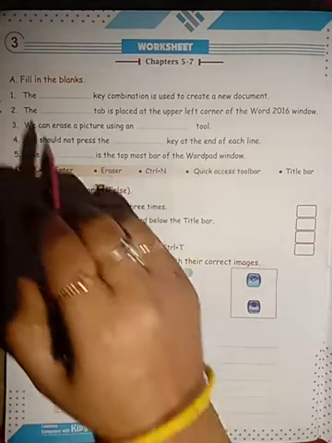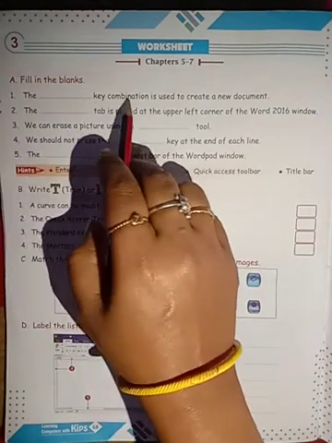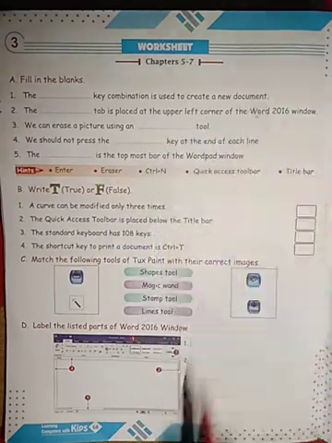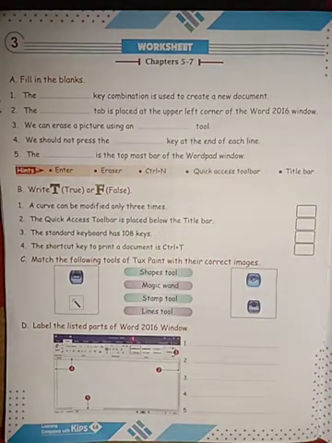The dash key combination is used to create a new document. Yes, children, this is taken from lesson number 6, using MS Word. They are asking the shortcut key which is used to create a new document. If you want to take a fresh page in MS Word, which shortcut key do you have to use?